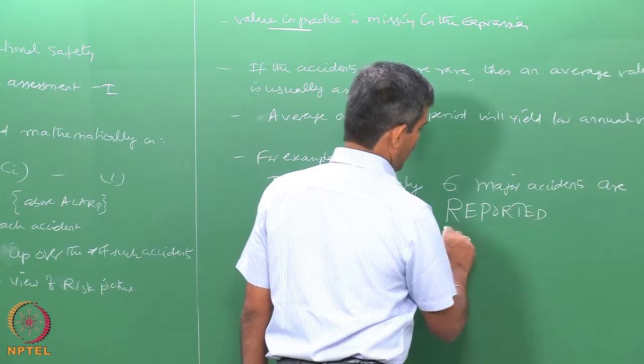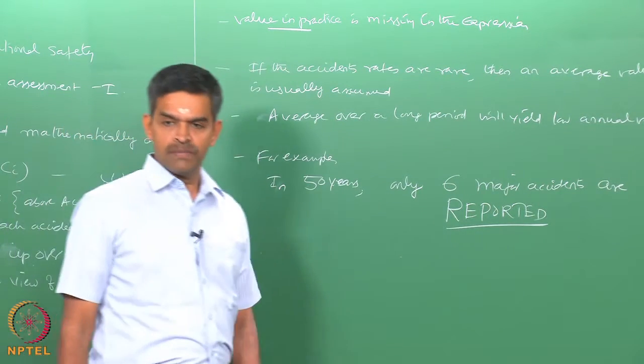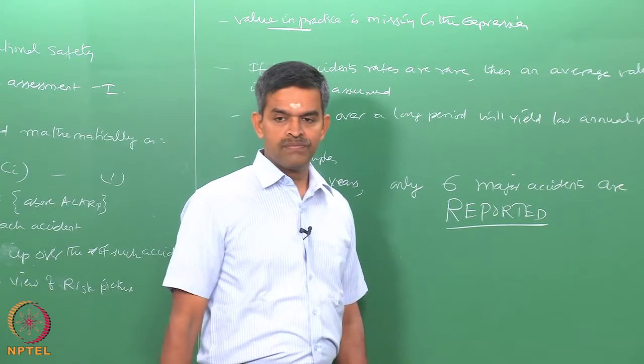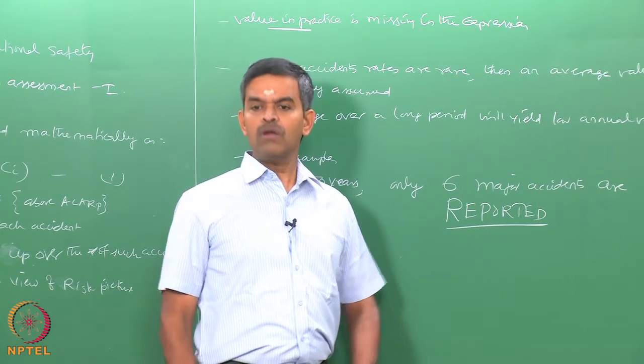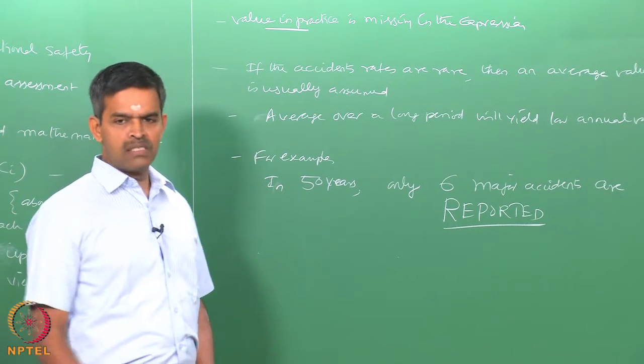I am very careful in writing the statement in block letters. There are many near miss events, there are many accidents which remain unreported, non-documented. Therefore, let us say there are only 6 major accidents reported,